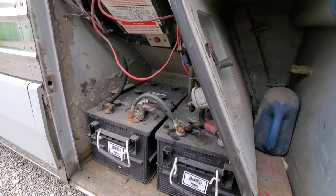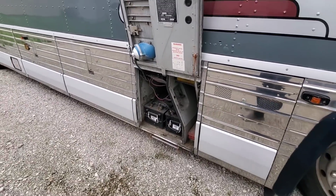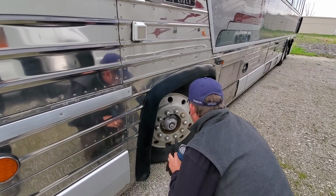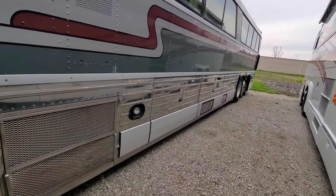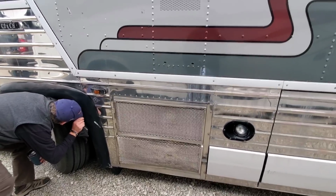Well, it just gets better and better. Not too bad. I can't tell. So those are aluminum wheels too. And the bags aren't cracked, but they're flat. Yeah, it's definitely aired down, but...